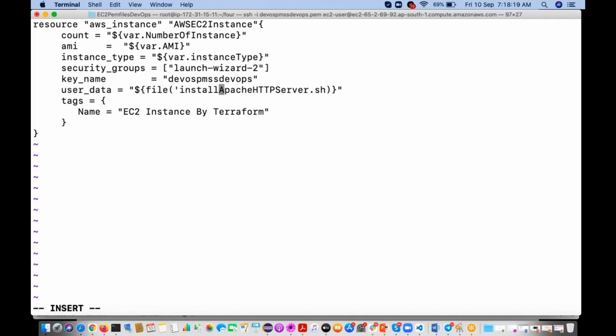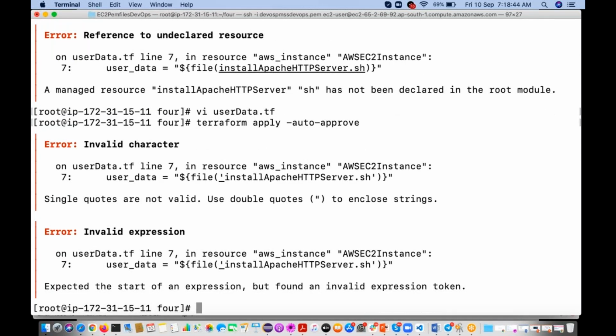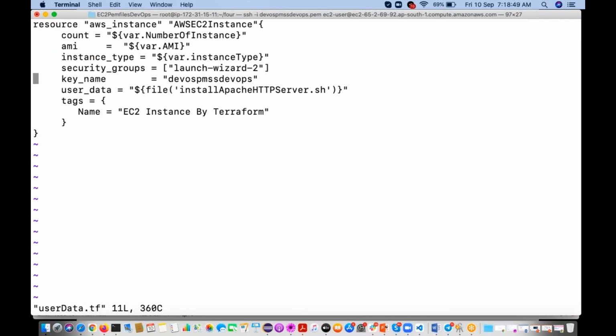That's why. Shell script will run via EC2 user or root user? It is going to run with the EC2 user. So you have to use the double quotes only here. Okay.